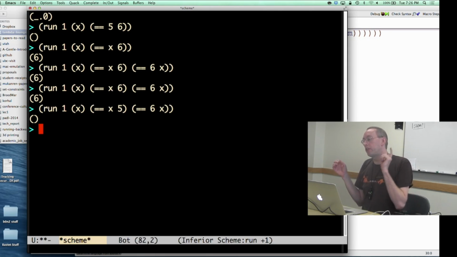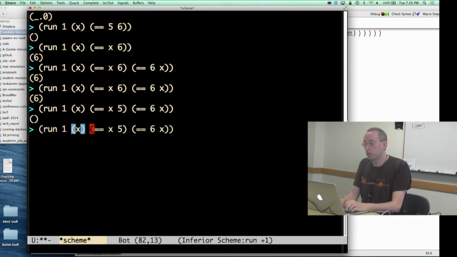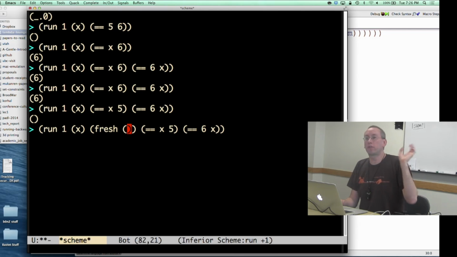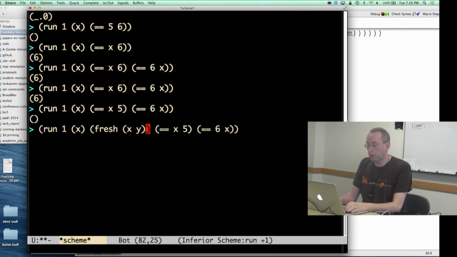The important thing is you can actually have variables and arbitrary terms containing variables on both sides of the equal. So what I could do is introduce new variables. So fresh, which we've already seen, that's the second core operator in miniKanren. Fresh introduces new logic variables. So we could have x and y, let's say. Make this q my query variable again. And now,